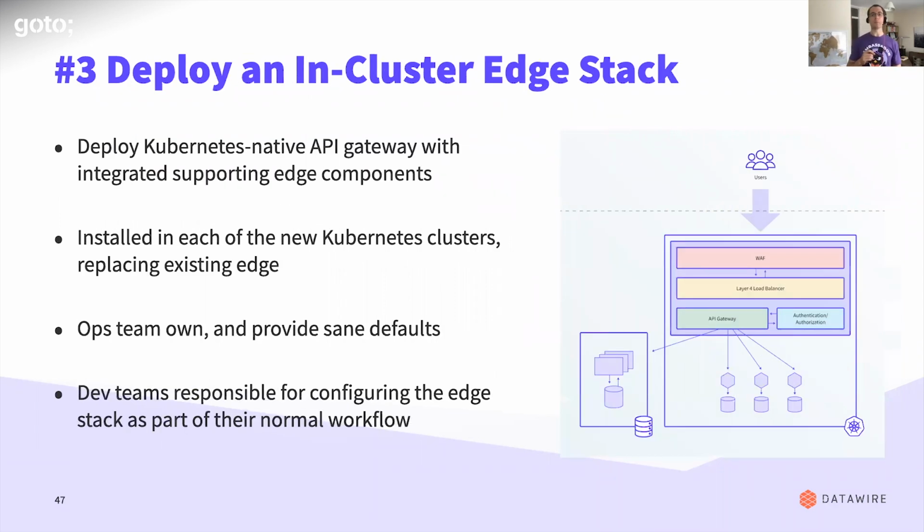The final pattern is deploying an in-cluster edge stack. And this is where you put as much as possible in the Kubernetes cluster. The beauty of this is you control it all via the same pipelines. If you're into GitOps, all that kind of good stuff, Weaveworks has the Flux product, similar kind of deal. Whether you're deploying code, config changes, releasing versus deploying, you're doing it all via the same mechanism. If you're in the Kubernetes world, you're using CRDs, typically custom resources, and how you deploy a service uses the same pipeline as how you release the service.